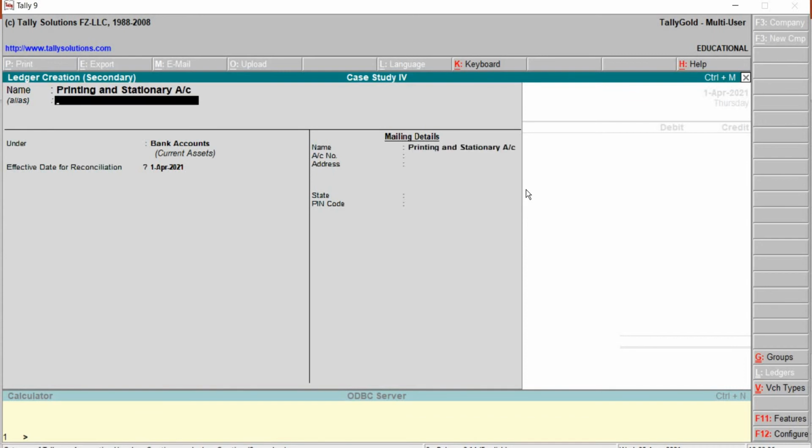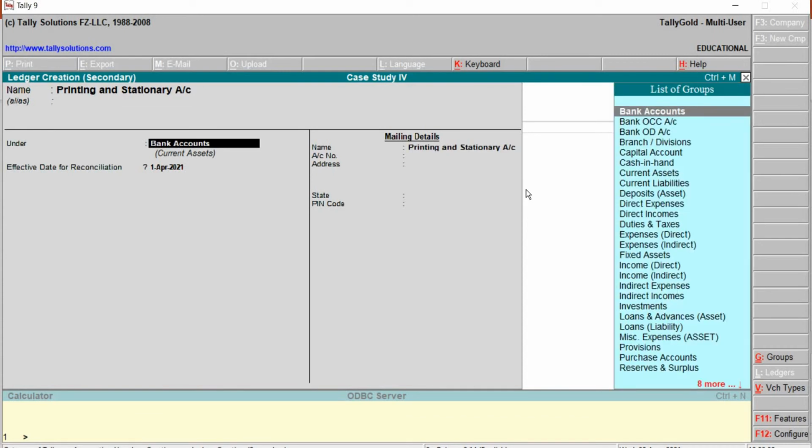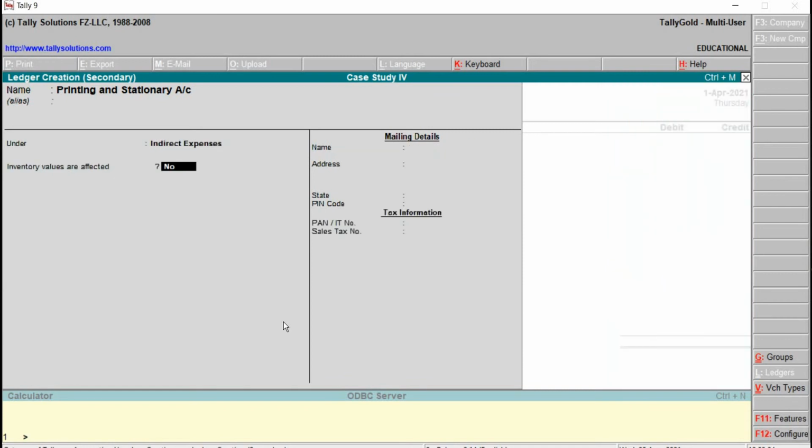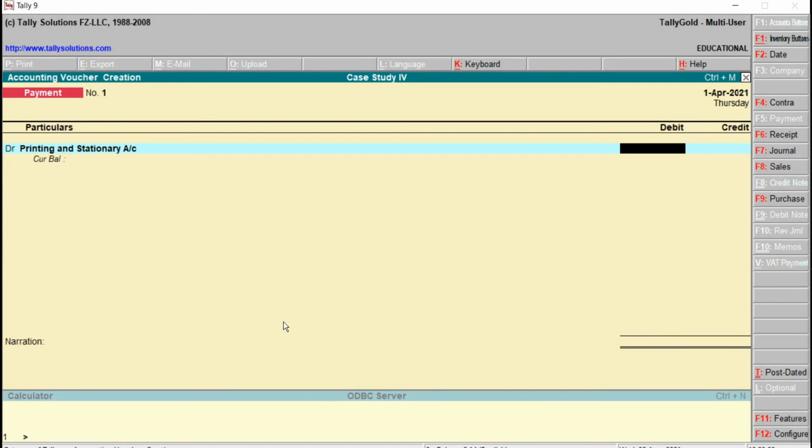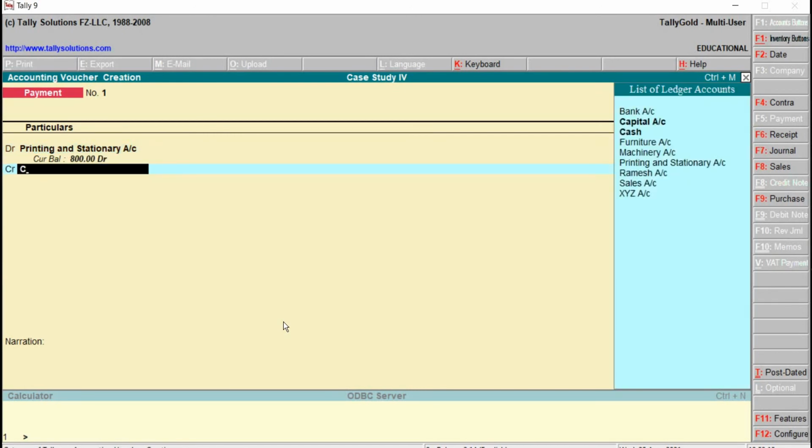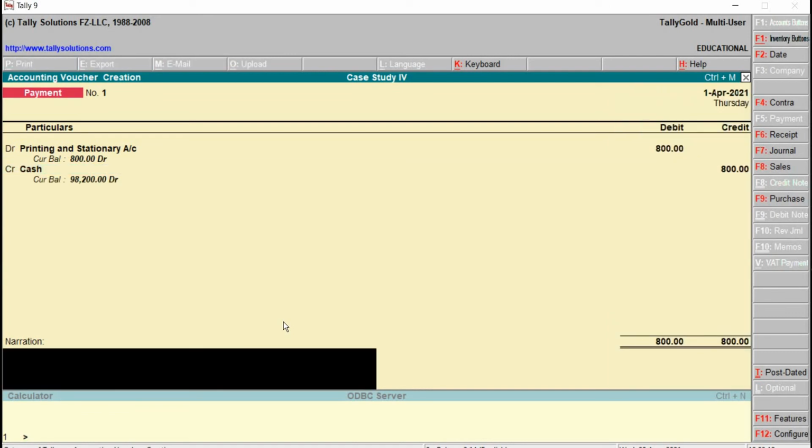Alias will be blank. And this has to be allocated under the group indirect expenses. Later save, press Y. What's the amount given here? 800. Credit, cash, just type C. Down arrow key, cash 800, type the narration, later save.